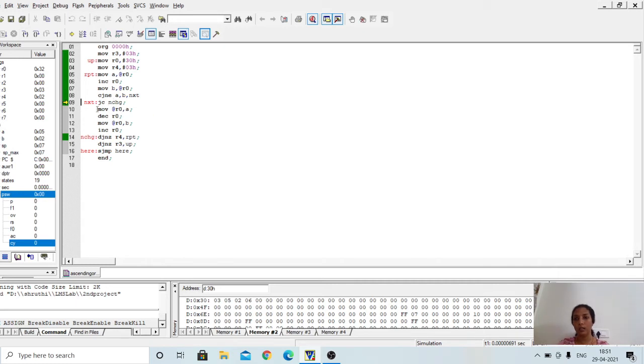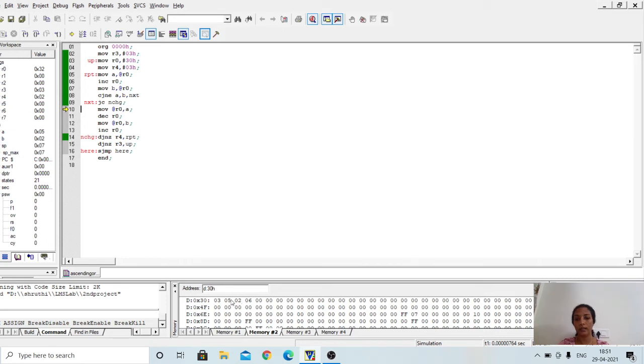Instead, the instruction next to this instruction gets executed. So see, the control has jumped to this instruction, and content at A register, which is 5, is moved to the location pointed to by R0 register. That is, the content of A register is moved to 32H location. That is, this is 32H location. So this has to be exchanged. These two numbers have to be exchanged.